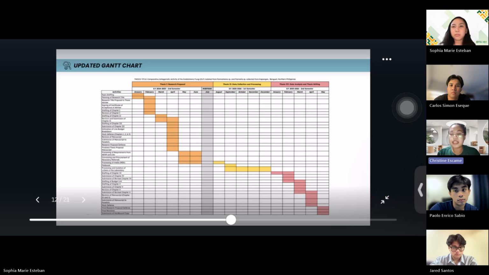budget list. Now, for the month of March, we have finalization of the budget list and drafting, submission of the draft, revision, submission of the revised copy of chapter 5. For the month of April, we have the submission of chapter 5, revision of the manuscript, specifically chapter 4 and chapter 5, then submission of the manuscript to the panelists and the mock defense. For the month of May, we have the final defense, final revision, and submission of the hardbound copy.